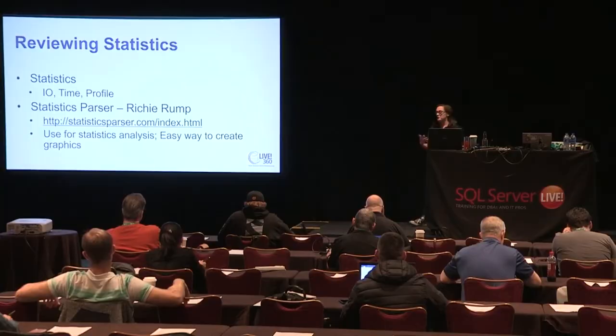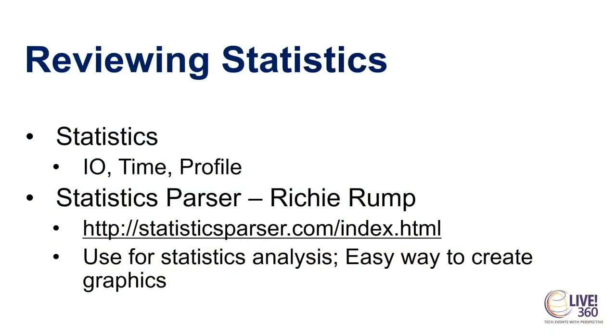All right, so reviewing statistics. Does everybody here turn on statistics when they're looking at queries? Not everybody? Yes? Okay. I always do this, especially if I'm having a hard time getting an execution plan returned. If it's really bad and I can't even get a plan, I'm hoping at least I can get some stats. Look at STATISTICS IO and TIME. Profile is not one I use a whole lot,